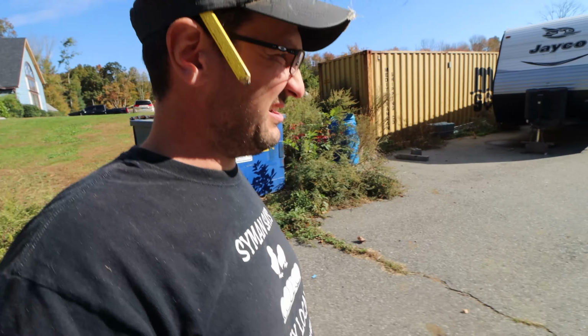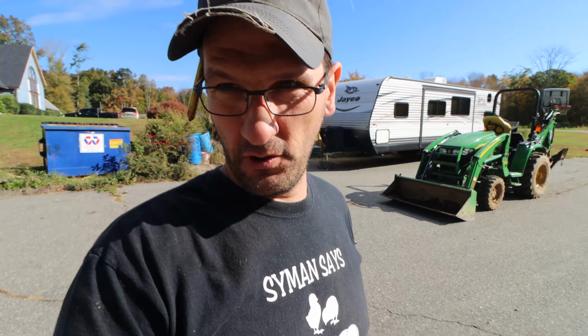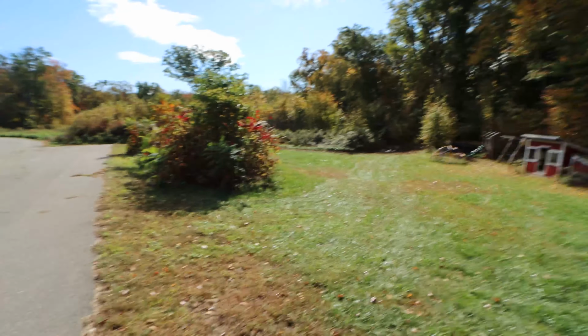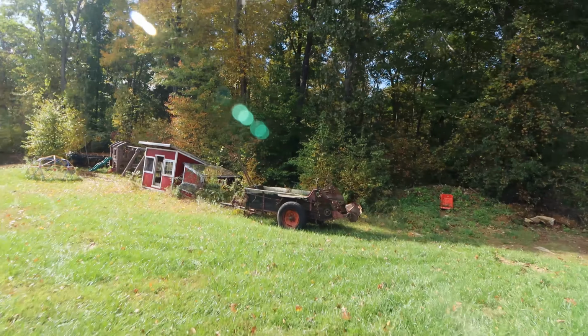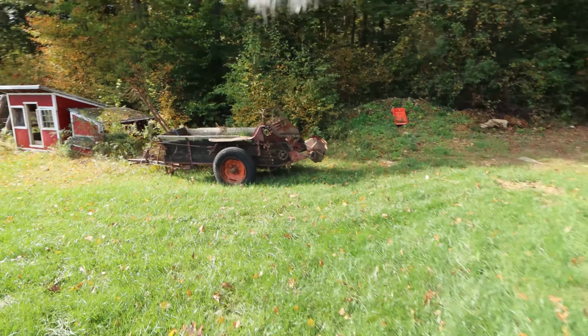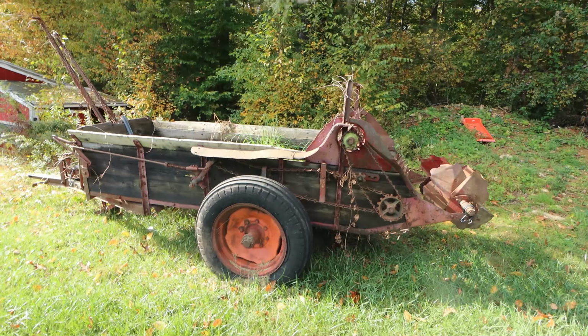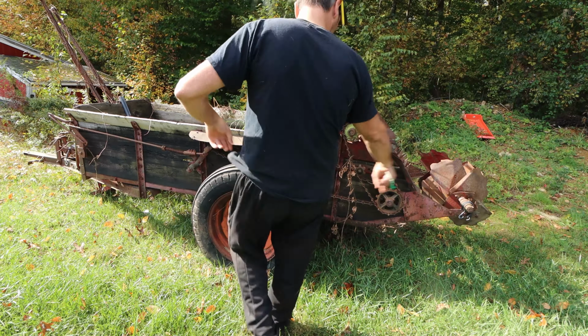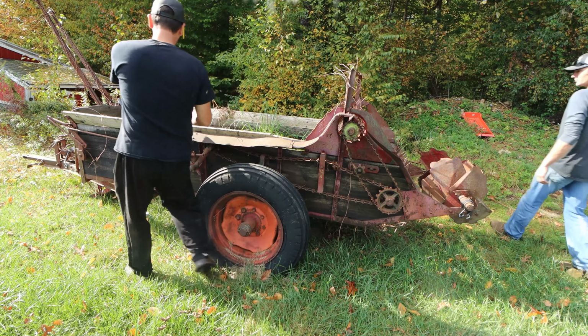Not exactly sure how we're gonna get this on there, but let's go take a look at it first. Before we get rid of it, this beauty, I bought it off Craigslist. Actually, I think I might even went to Rhode Island. No, I didn't. Upper northern Connecticut. Like I said, it sort of works. If I was to drive it forward, everything spins and moves and all that. Yep. But you could see the